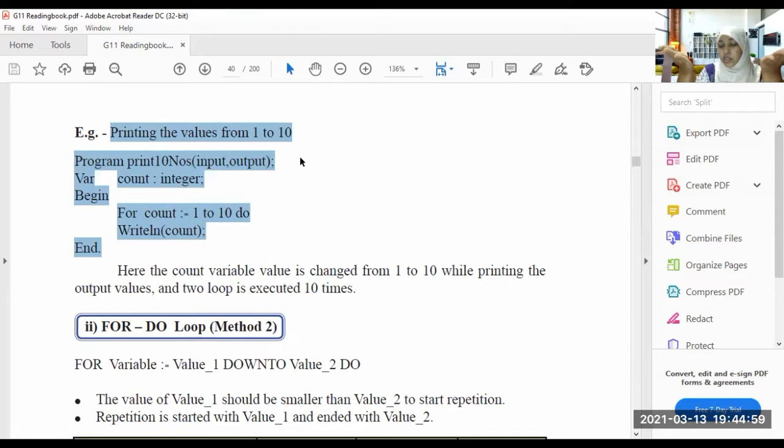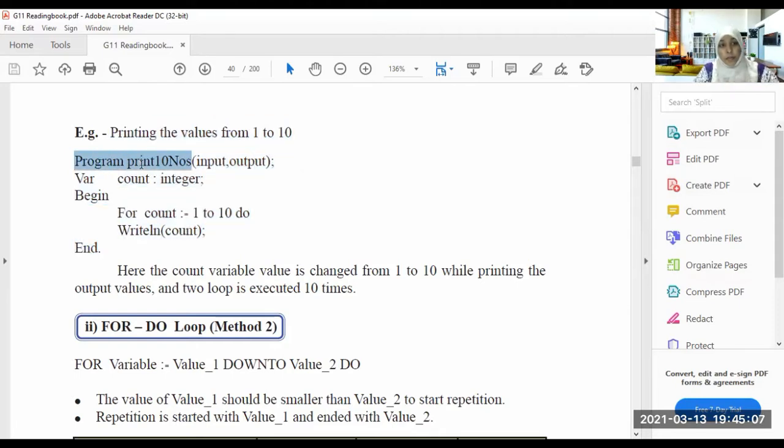If I tell you this structure, now the same structure I am going to tell to the computer. So when I tell the computer, what is the program? Print 10 NOS, which means print 10 numbers. So there are input and output. As usual, it is not necessary to write input and output, but if you write also, it's okay.